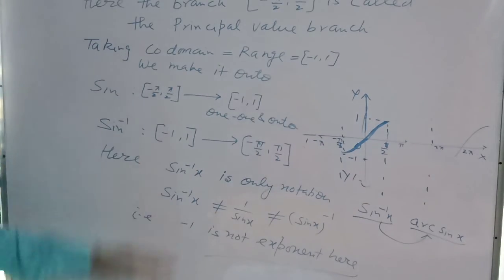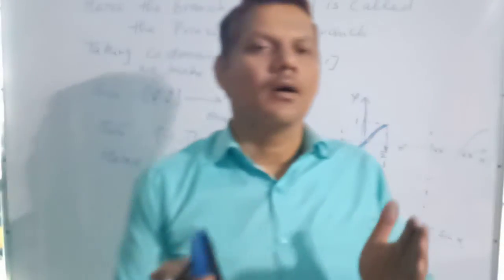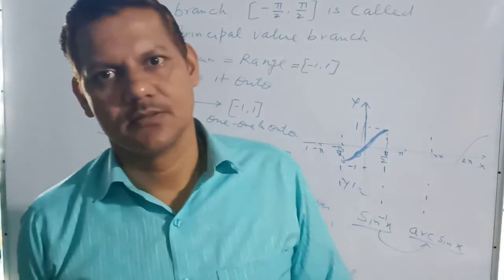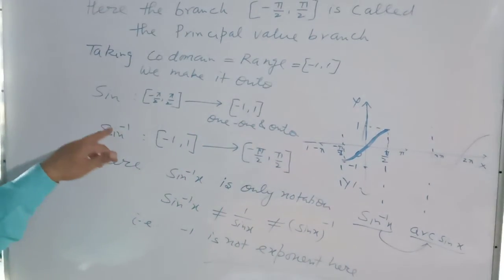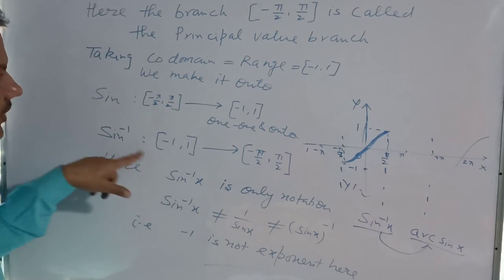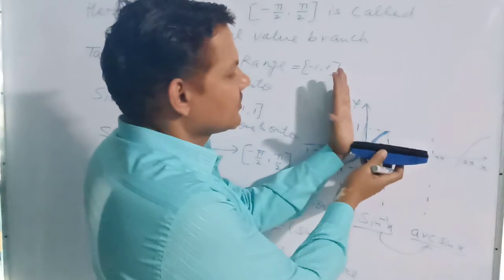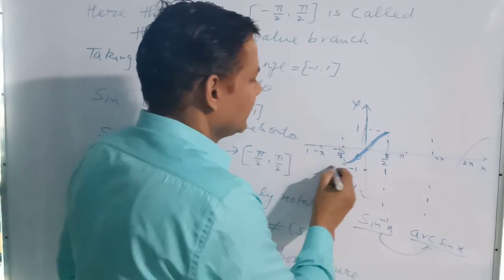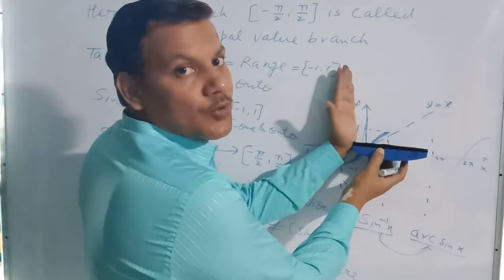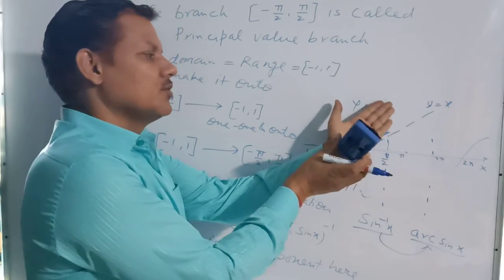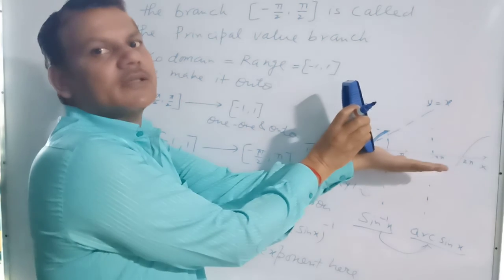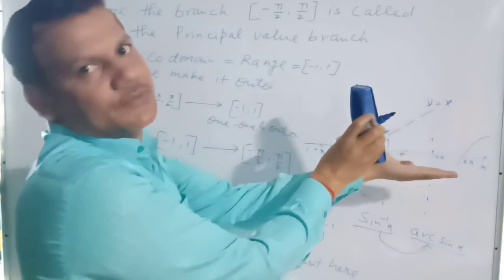In the same manner, we restrict the domain and codomain of each function to get the inverse. This is about only sine. So this is the sine function for which it is a bijective function, and this is the situation for the inverse. And easily we get the graph of each inverse function by using the line y equal to x as a mirror. It means after changing the positive x-axis as the positive y-axis and the positive y-axis as the positive x-axis, we get the graph of the inverse functions.